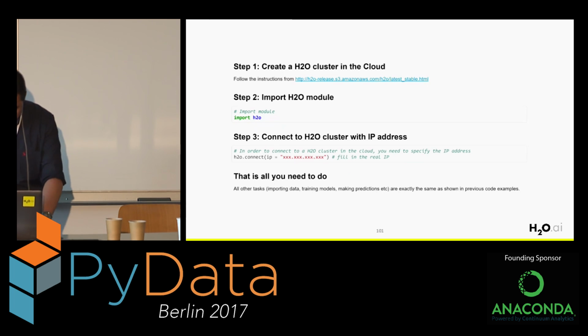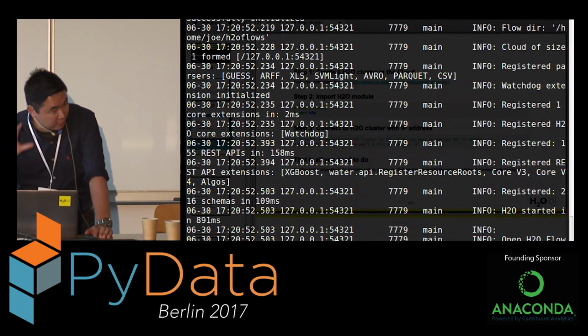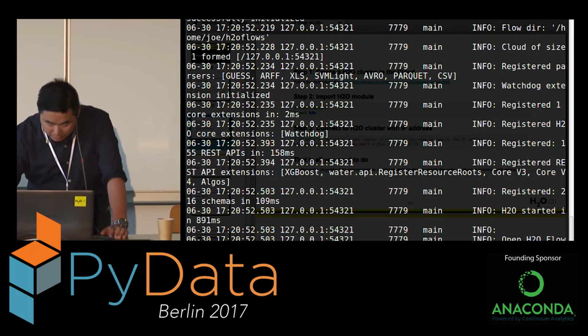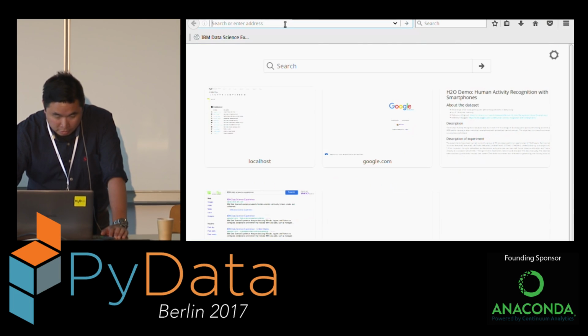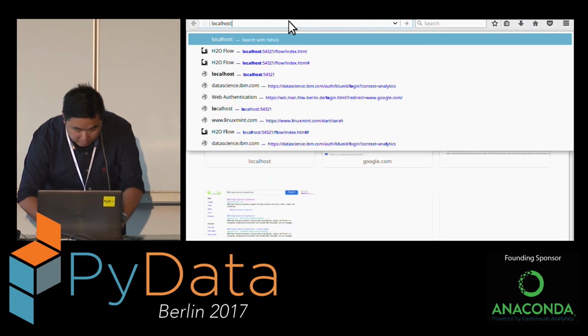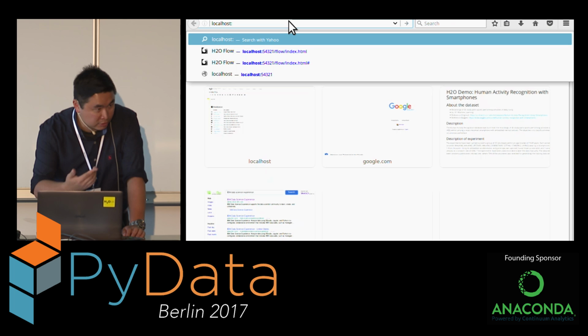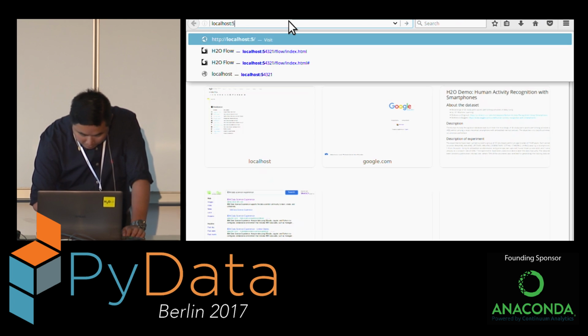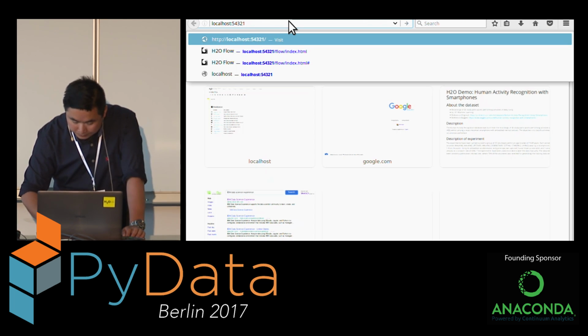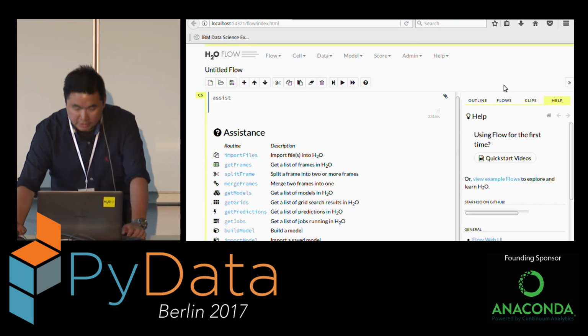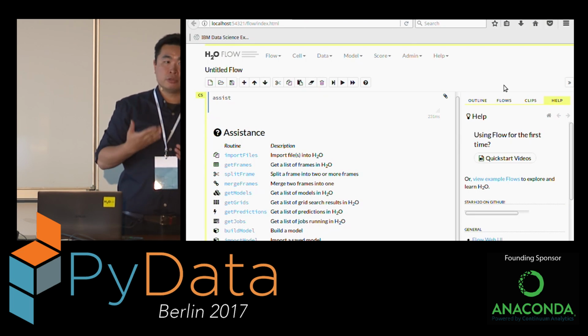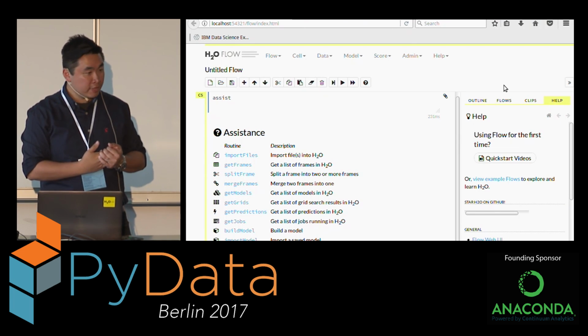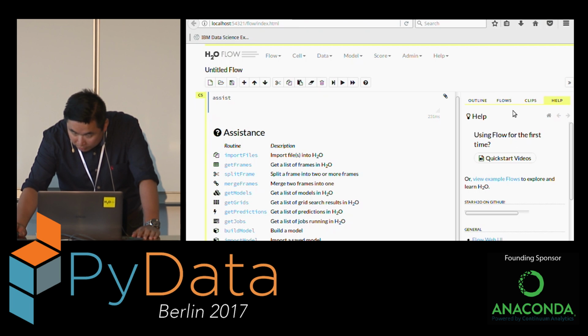Oh, speaking of which, I want to show you that now. So now I have this H2O cluster here on my laptop. I just want to quickly show you how you can connect to that cluster using a web browser. Because it's my own machine, it's localhost or 127.0.0.1, you give it the address here. And then this is the first page that you will see for the H2O Flow interface. You can do something simple, for example, if I want to get the data,